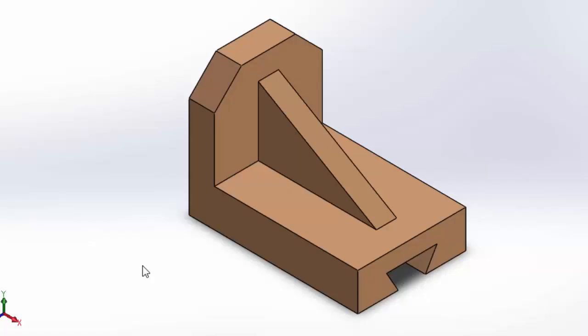In orthographic projection of solids, in our syllabus it is given as freehand sketching. So we can draw the orthographic projection of a given isometric view. Here we can see an isometric view. This type of isometric view will be given. From this isometric view, we have to draw orthographic projections. Orthographic projections means we have to convert this three-dimensional image into front view, top view and side view.